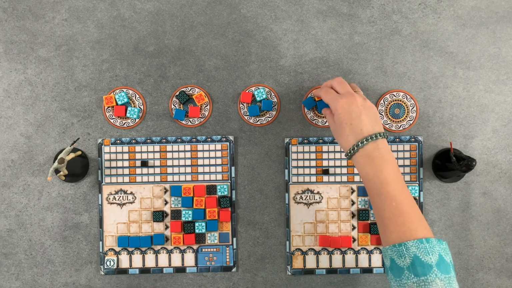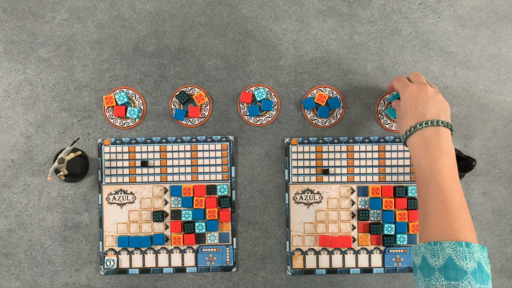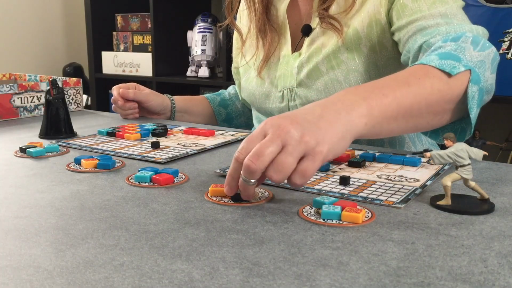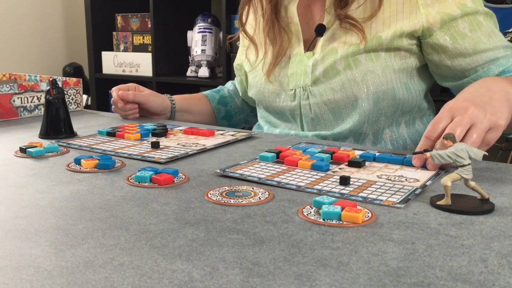Let's see. Wow, look at that. He's using the Force, all right. A lot of blue coming his way. But all he needs is that 1. So using his first player marker, he's gonna go ahead and take that blue, giving him those 10 juicy points